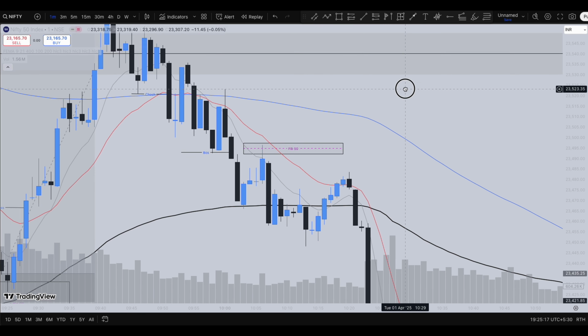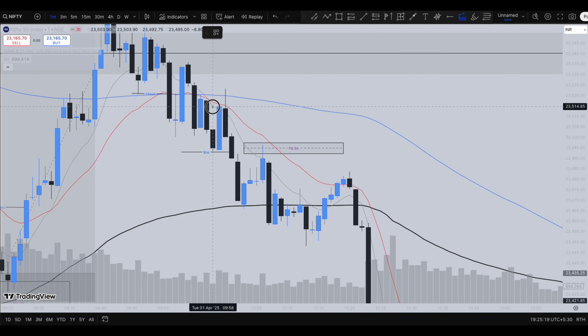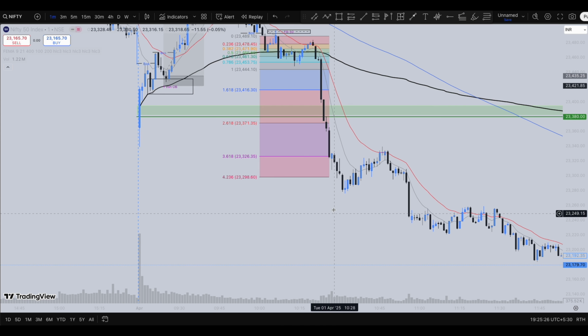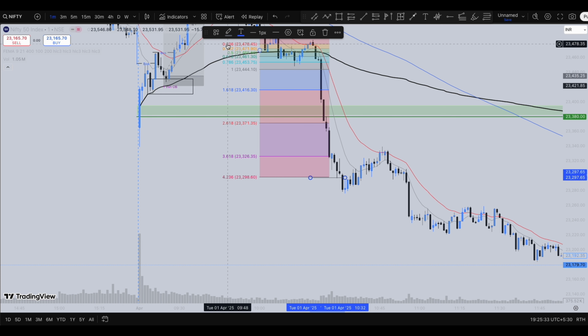And if you try to plot the fib extension levels, the common point between this to the common point between this, you could have targeted all the way to the 4.26 level. This is the initial target where you could have targeted, guys. You can see how the market came all the way to the 4.26 level,